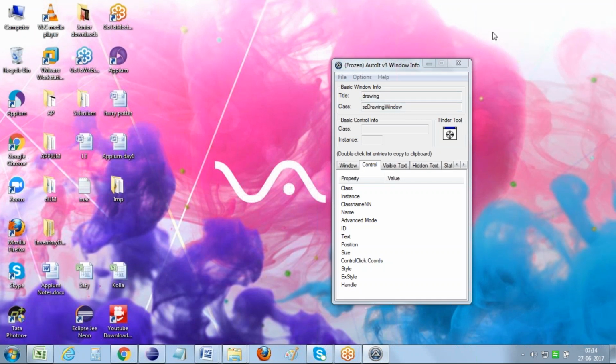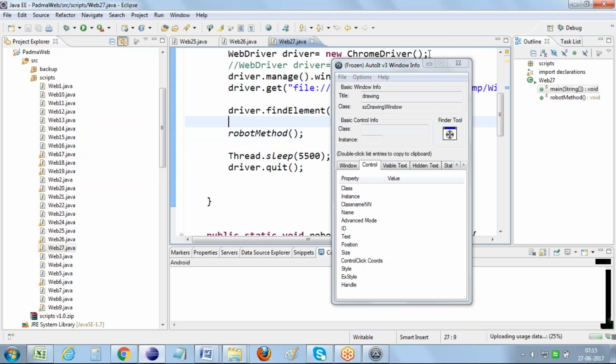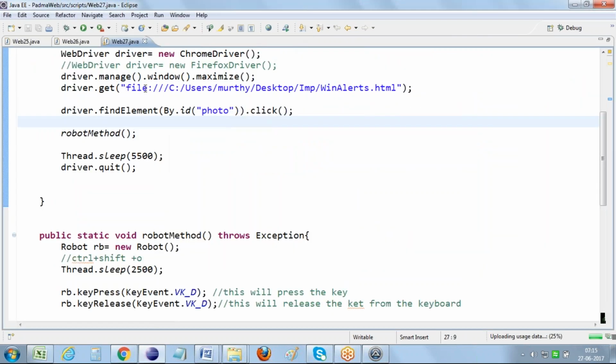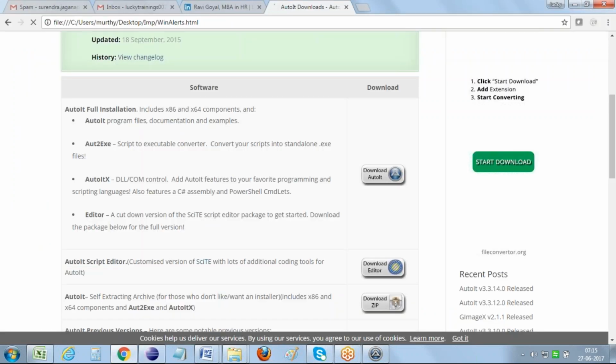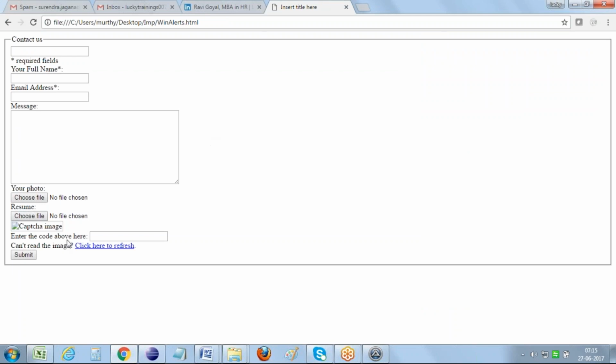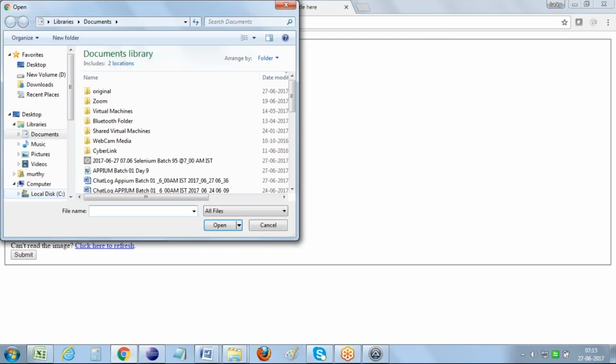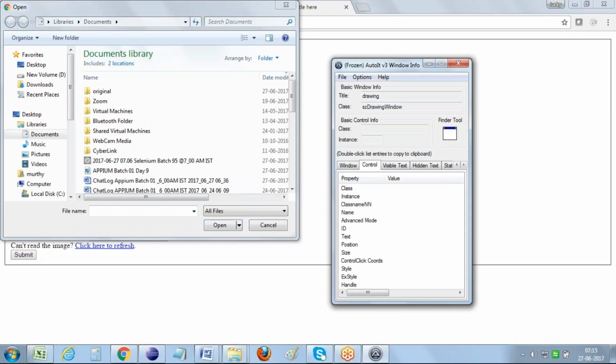To cross check that, what I'm doing right now is trying to open that window-based pop-up application. Let me open that application first on a Chrome browser. I just opened this one and here is the pop-up for me. Now on this particular pop-up, I drag this finder tool and drop it on a text